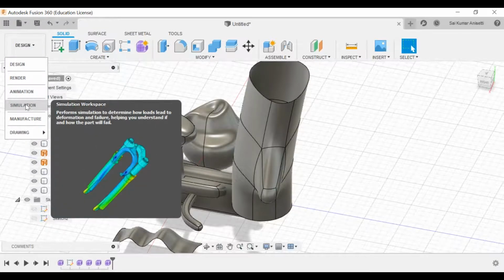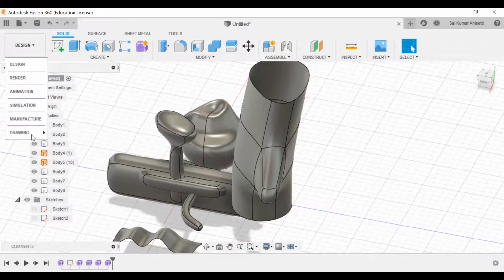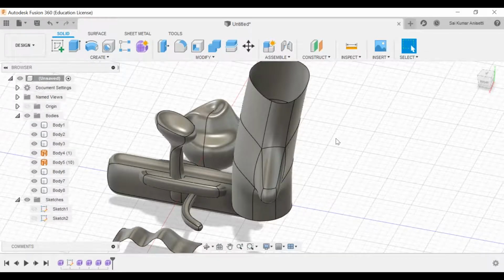We'll take a simple design from what we have created in assembly. We'll add some loads and everything, simulate it, and see how to generate a simple report and how to check your contours, a simple stress analysis, not that complicated. Finally we'll go with drawing, from design or from animation. From animation you can create your drawing, and from design you can create simple drawings. That is 5 to 10 minutes of task to create a simple joint. That is your plan. Now if there are any doubts, we'll take them up.